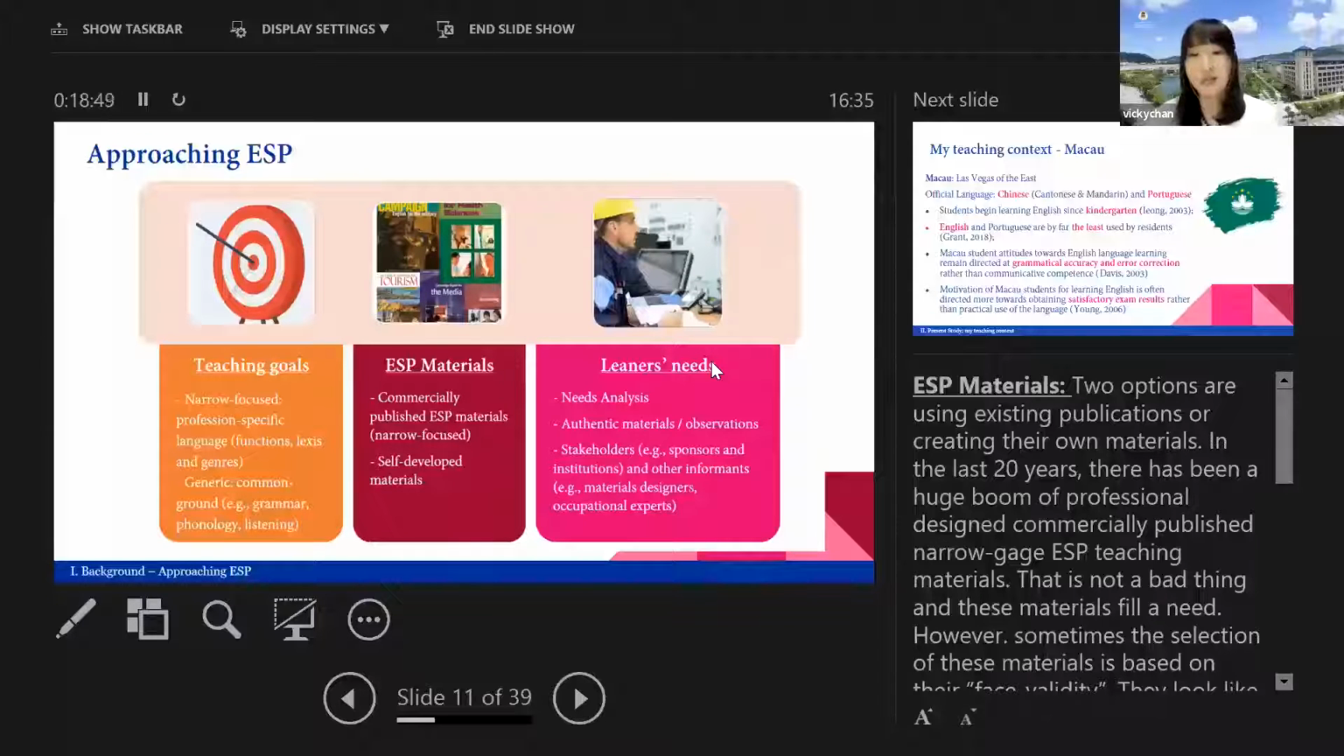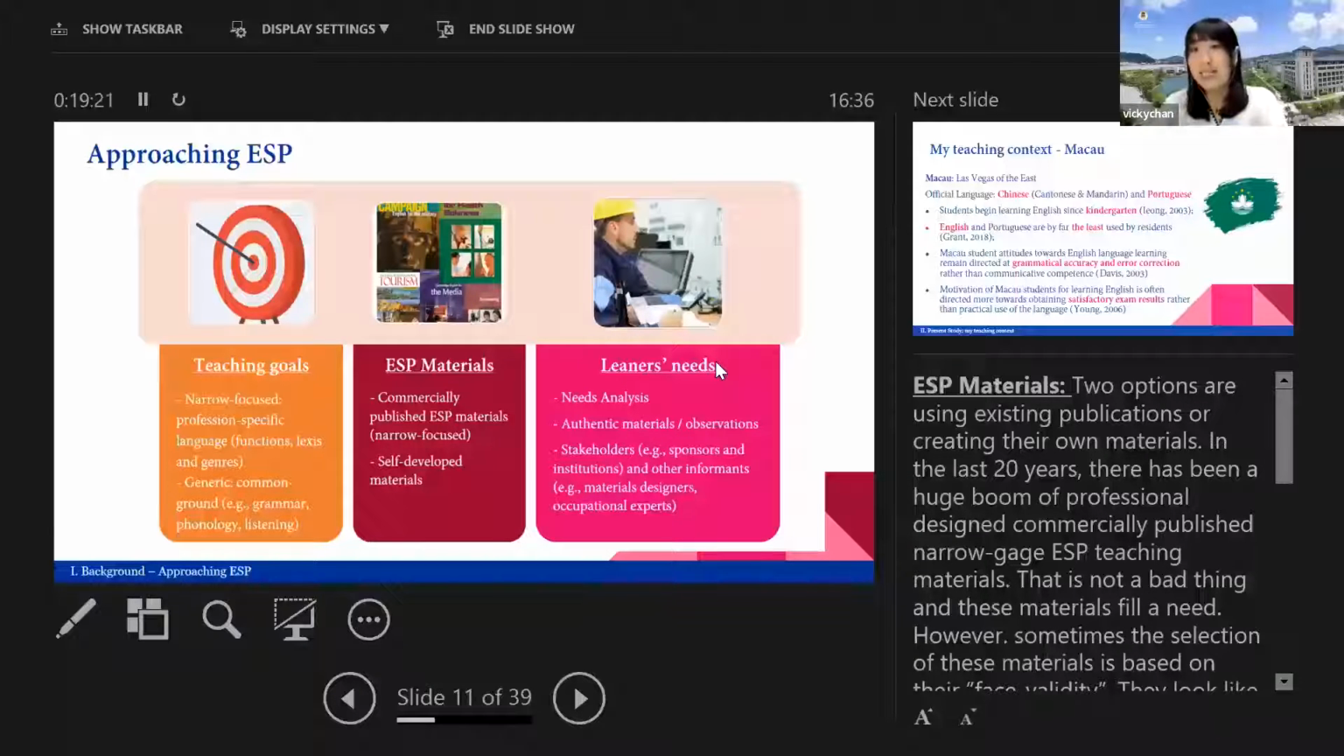And also, obviously, the second way to go is self-developed materials. And we also have to find out learners' needs. For example, running a needs analysis is very important, as suggested by the literature. However, it might not be as simple as we think it could be, because it might be impractical to run a very detailed